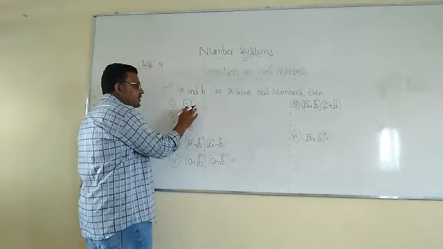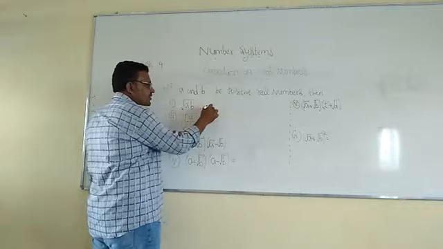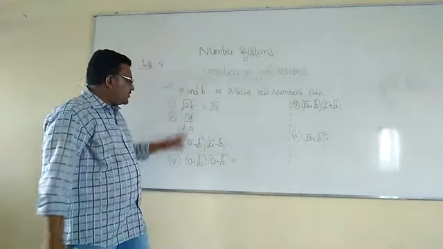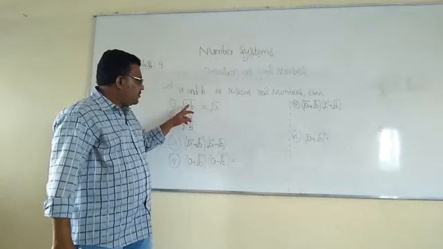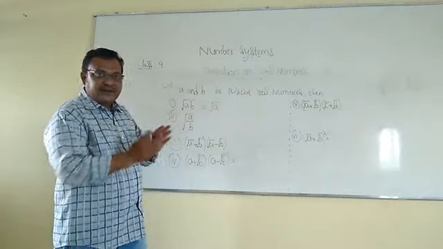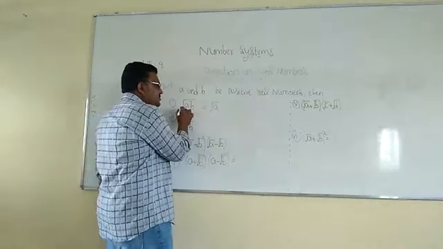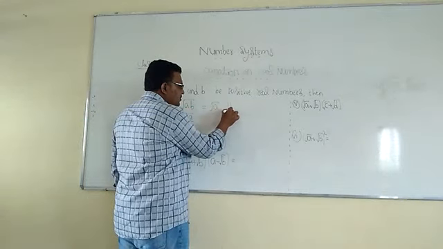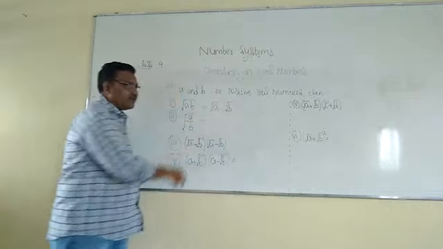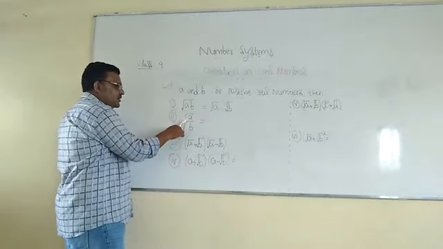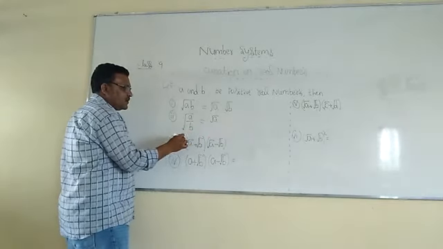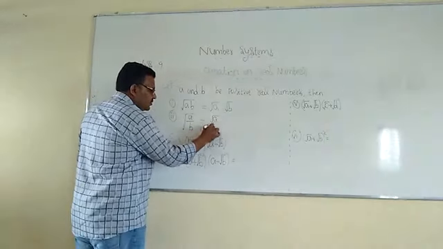Square root of a into b means we can write as square root for both a and b. A and b is in multiplication. That's why we write separately. That means square root of ab is equal to root a into root b. Same like that for division. Under the same square root a and b is there, separately we can write. So square root of a by b means root a by root b.